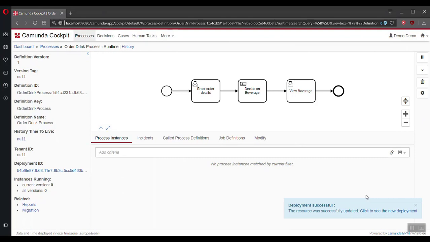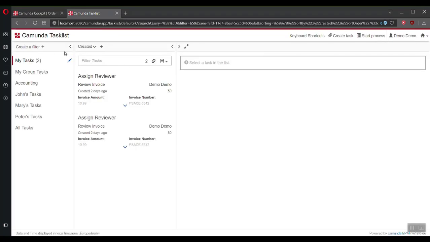So how exactly are we going to step through this process? It's going to be using Camunda's own task list. We're in Cockpit right now, which is an admin view of what's going on. But if you want to see the end user view, the person who will actually be going through this process would need to go to task list by selecting the little house guy on the top right and selecting task list. So once I open up here, I arrive in task list.